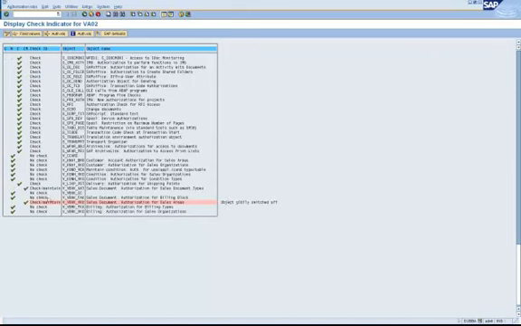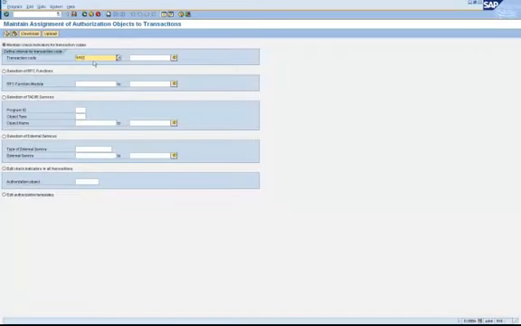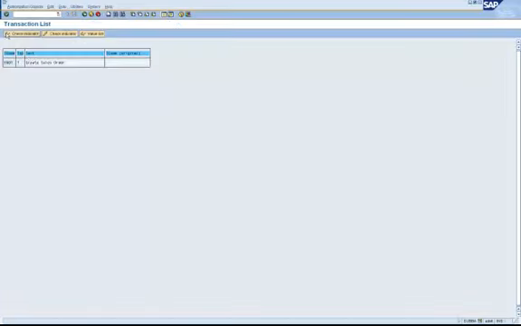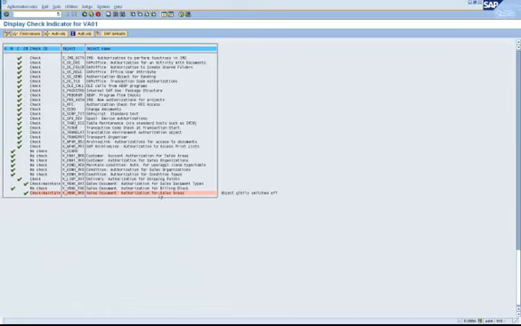Okay, now here it says object globally switched off, meaning this object is not needed and will not be checked when you put this transaction VA02 in a role. Now let's see, this object was also needed by VA01. Let's see what happens to that transaction code. Okay, for this also the object has been switched off globally.